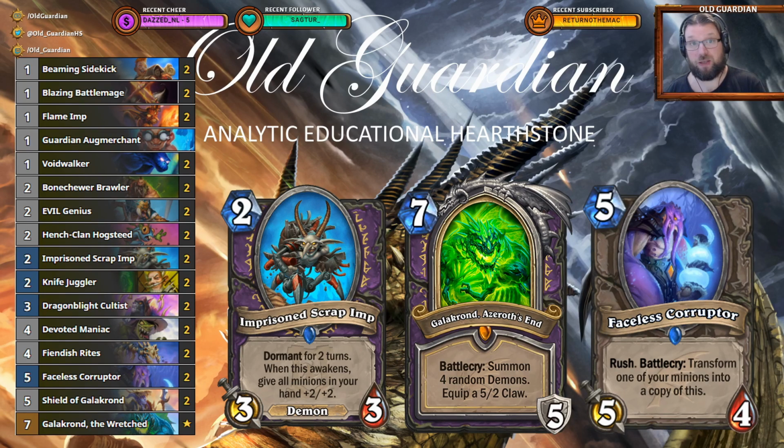First of them being this Galakrond Zoo Warlock. I built a bunch of Zoo Warlock decks over the course of the Ashes of Outland expansion. First of all with the Imprisoned Scrap Imp, but after the Scrap Imp was nerfed, it became a little bit more difficult. And then I ventured into this Galakrond territory, and I got it to work quite alright on